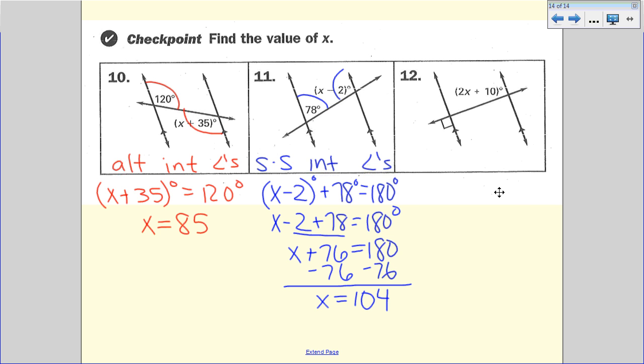All right? What I want you guys to do is mark these. Doesn't really fit anything, but what I do know is that this is also 90 degrees. So if I get rid of this mark that they had there and use my mark, now I start seeing some sort of a relationship. So this is a do now, and we will check